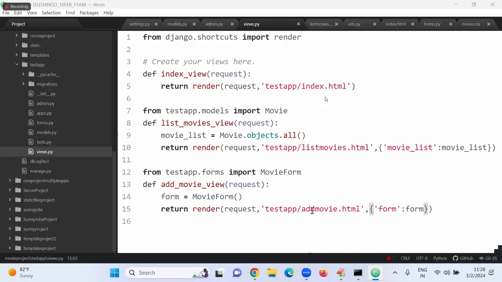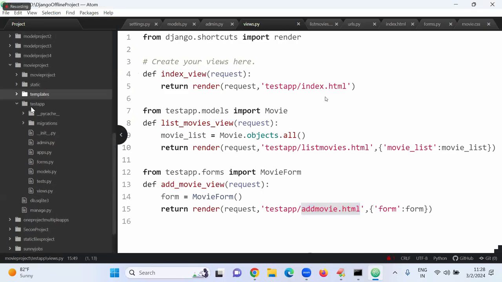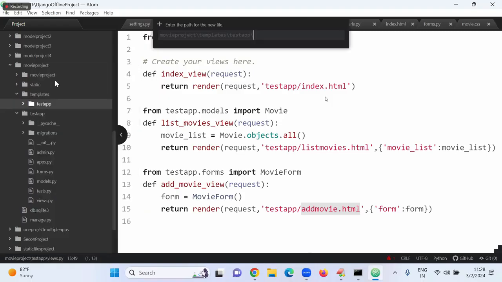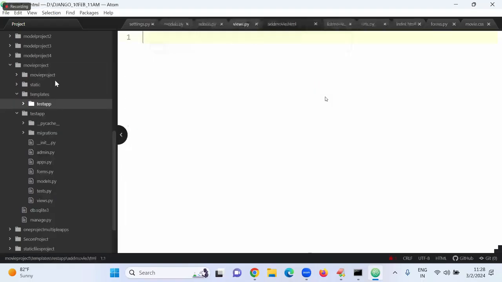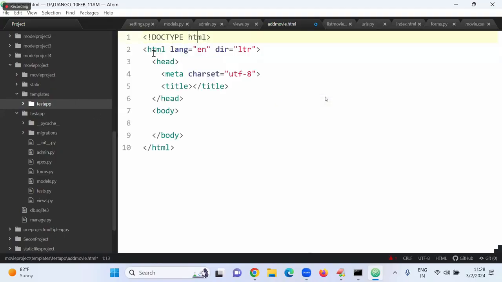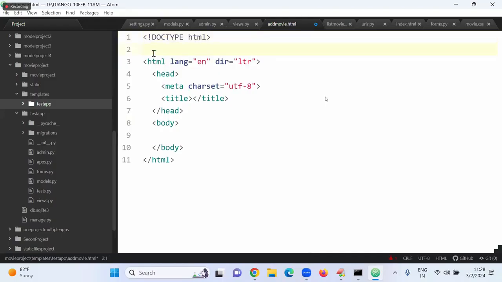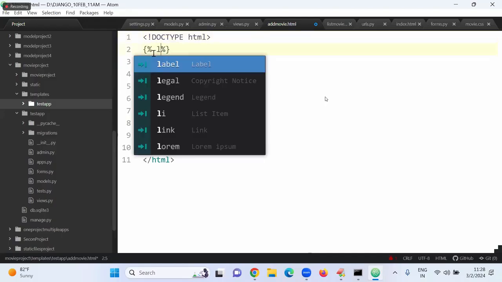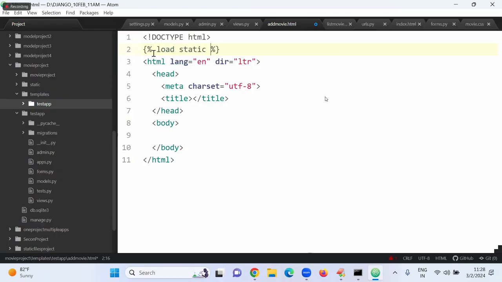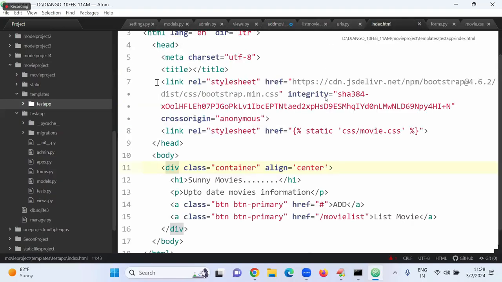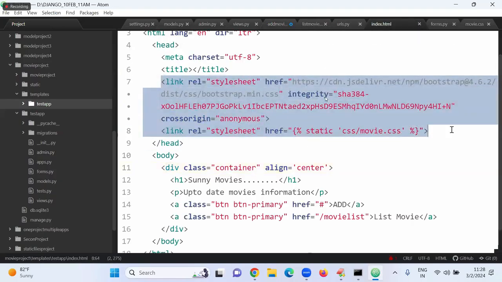Create one template file: right click on templates, test app, new file, add movie.html. In this HTML, take the HTML code, percentage, load, static. Now go to the index, copy,